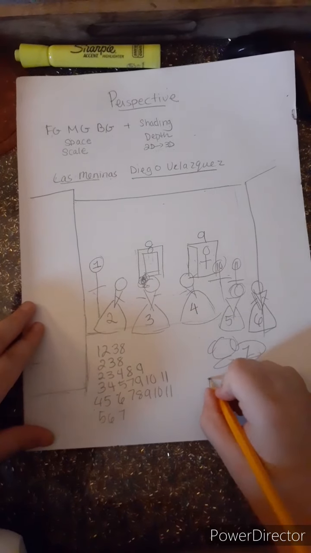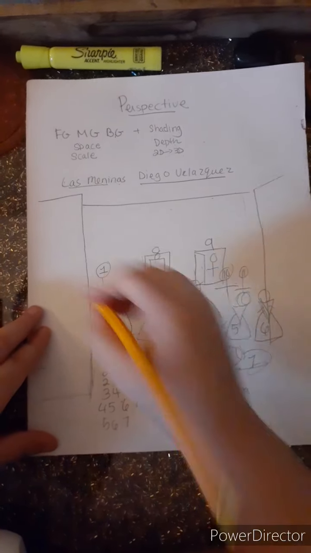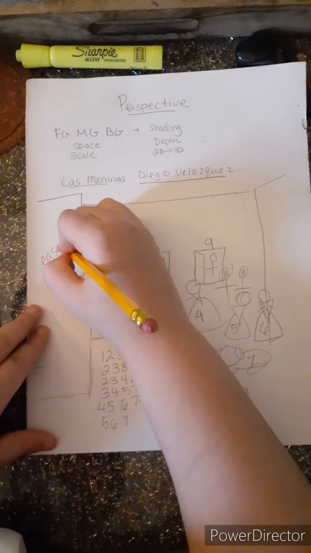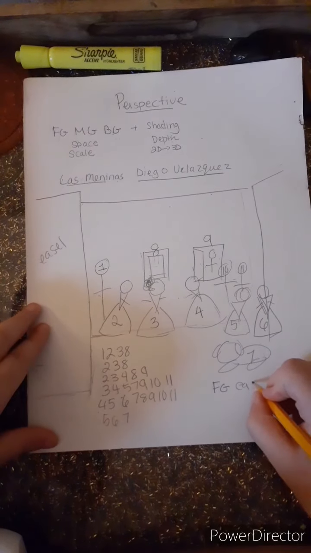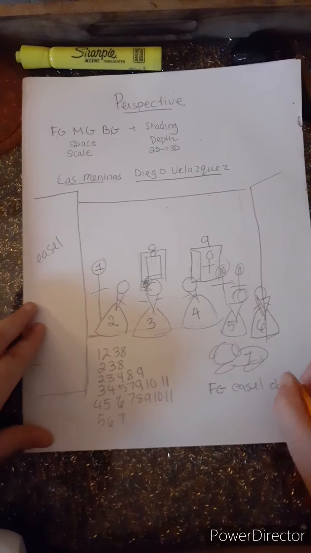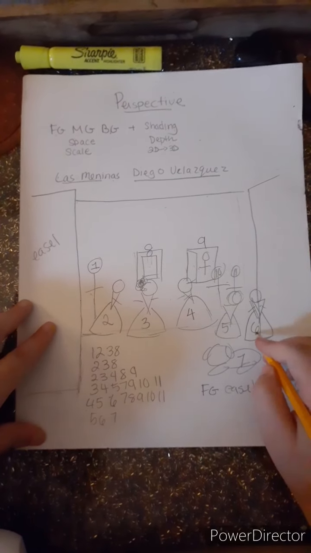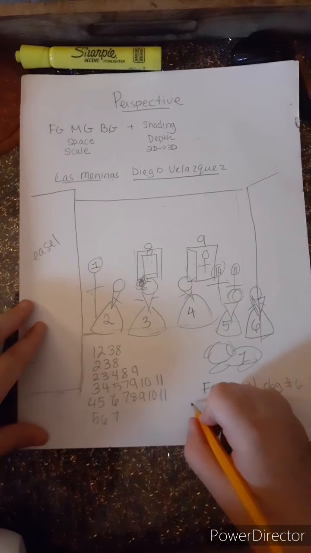The foreground is the easel. This is the easel right here. And the dog. And number 6, which is this girl right here. And the middle ground,